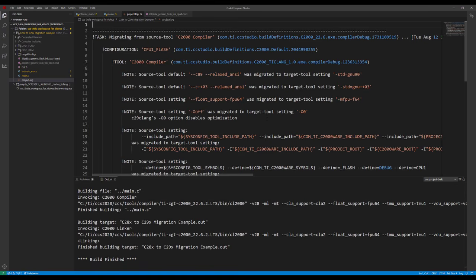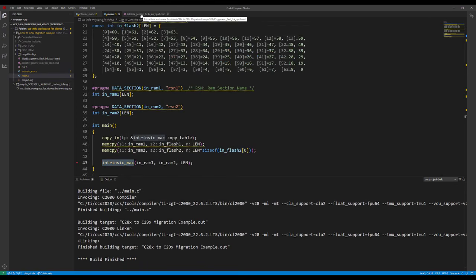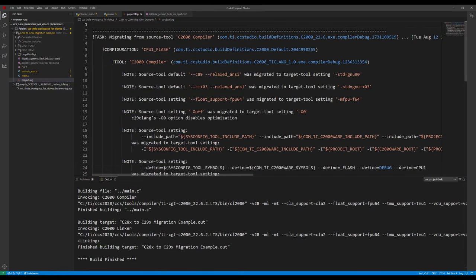Don't be afraid of losing this somehow. In fact, I'll show you where it is. I'll go ahead and close it here. This file is added to the project, so project.log. Just double click that guy and it comes back. Okay?